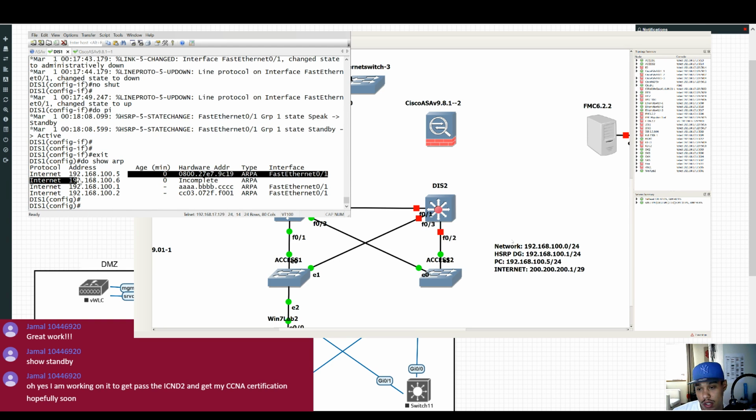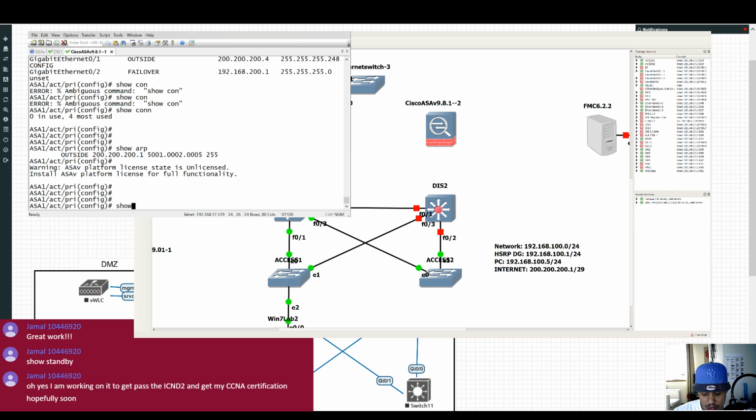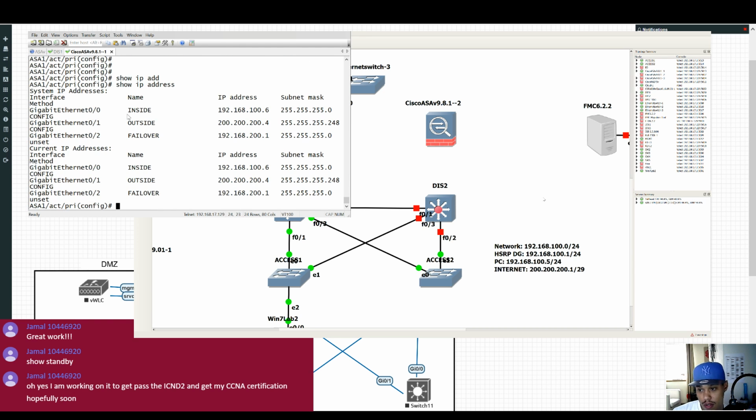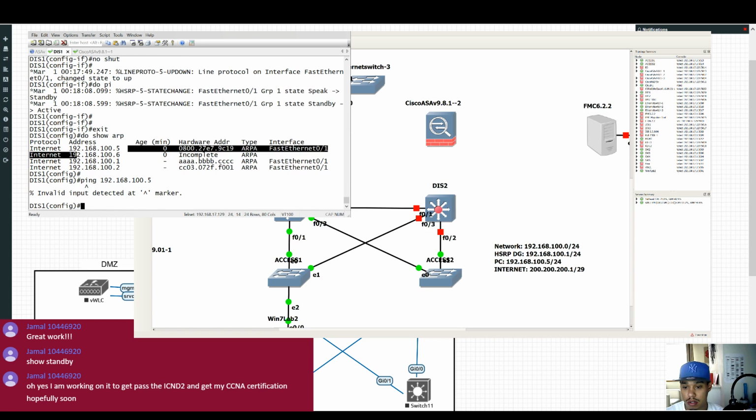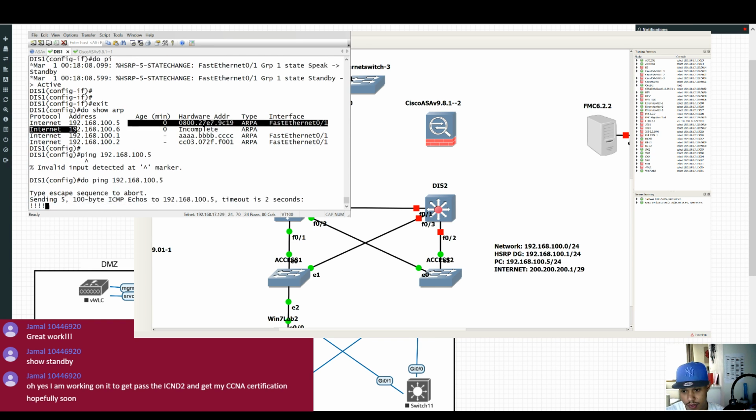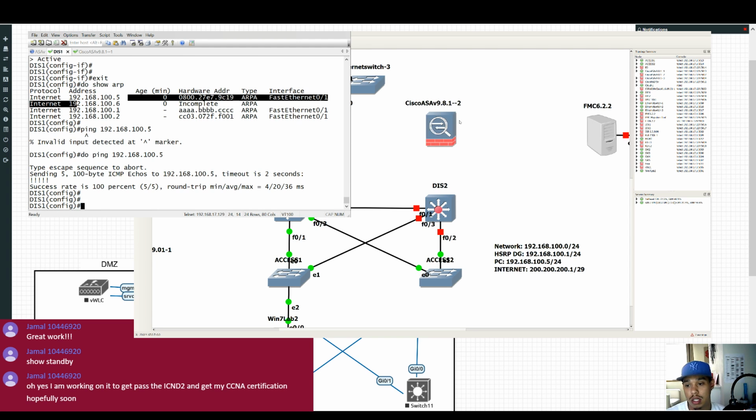1.5 is complete. So is the IP address 1.5? And on here 1.5. .5 ping 5. Yes, that works. So that must be the